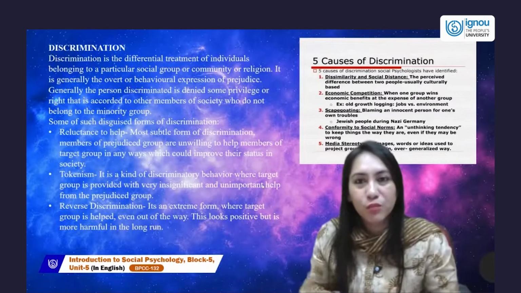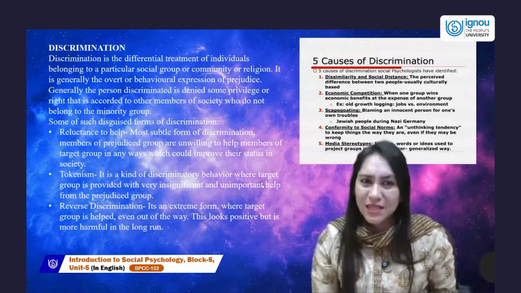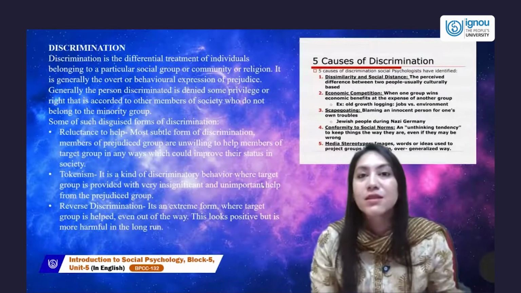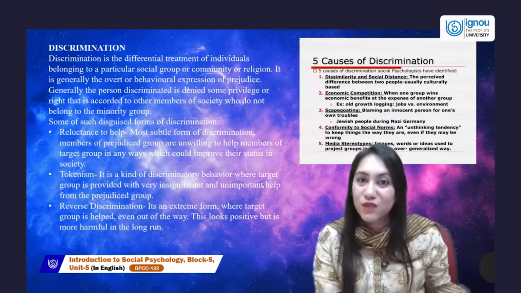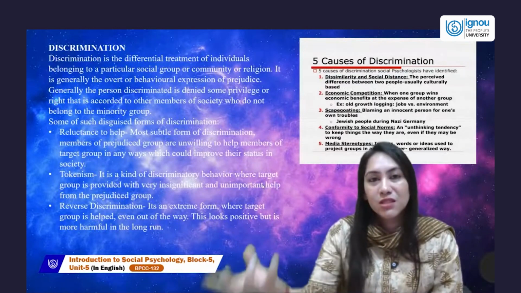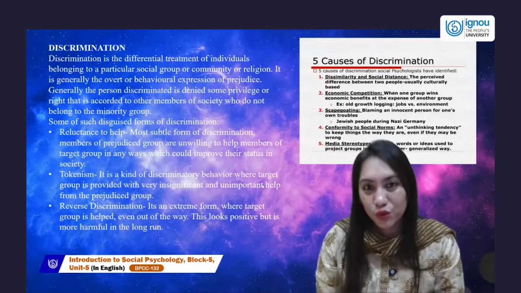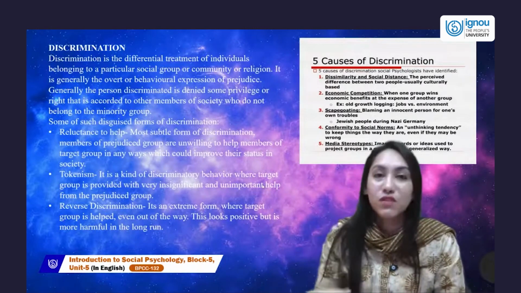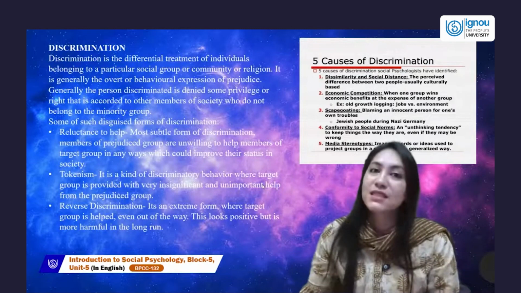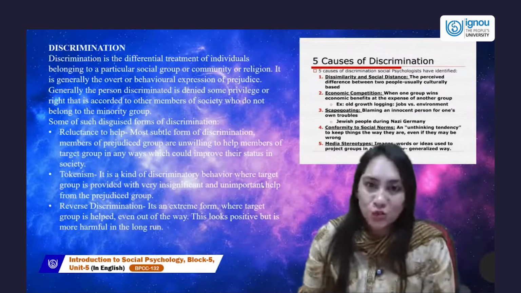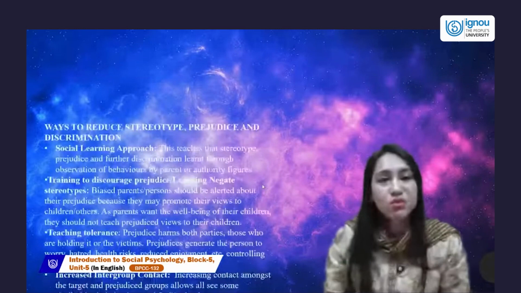So if you're part of a popular group and your popular group of friends tells you that this second group is not worthy, it's not according to our status and standards, you will start belittling them and see them as very shallow. Why? Because it's an unthinking tendency. You don't have to think anything. This pre-assumption has been given by the norms of your group. The last is media stereotype. The way media overgeneralizes some concepts and some attributes of groups makes us assume it like that and further discriminate.